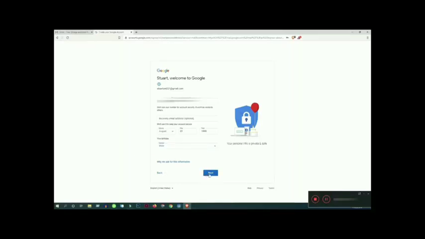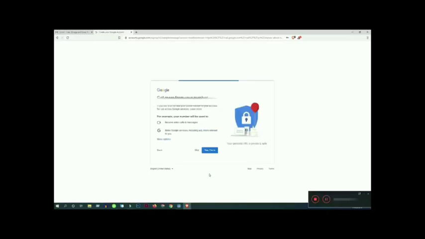Click on the next button. Get more from your number. It is not necessary to read it because it is not important. So you have to skip this page.